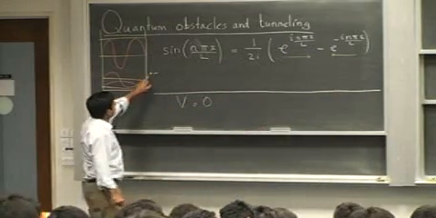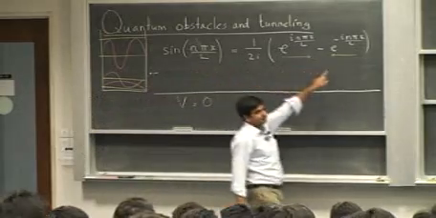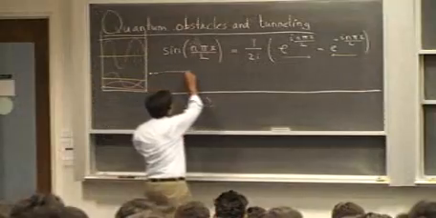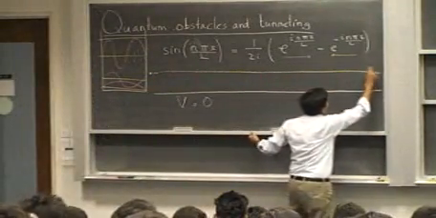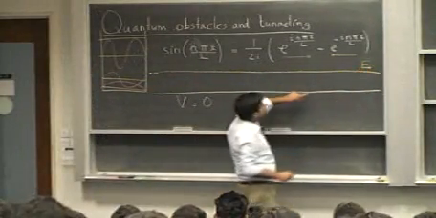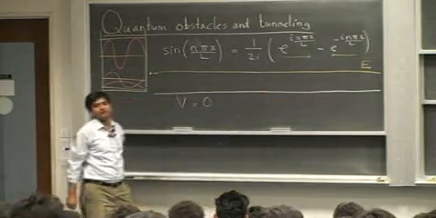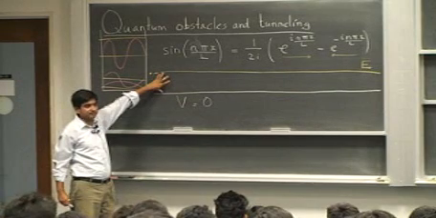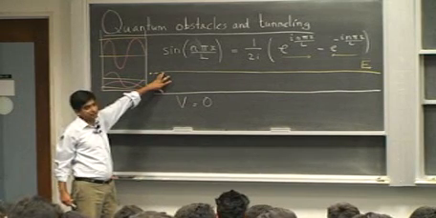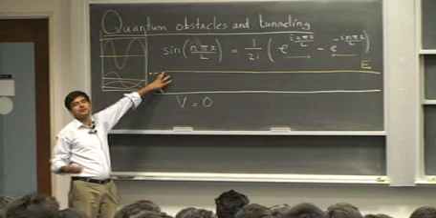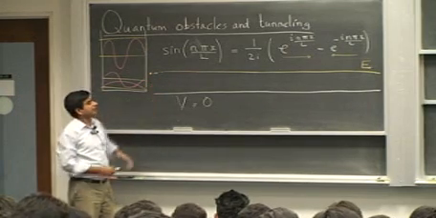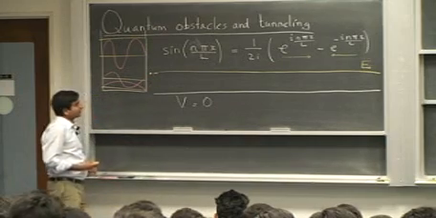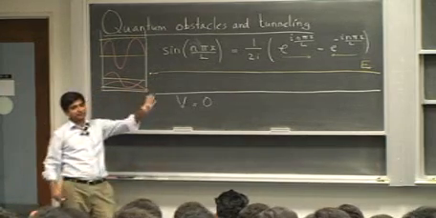So now what's going to happen is that this particle is going to propagate. This particle has some energy E, and this E is always greater than the potential energy. So all of the energy of the particle is kinetic. This difference is the kinetic energy of the particle. This is what we learn from classical physics. Now what we would like to do is, without solving the Schrödinger equation, we would like to write down what the wave function of this particle is.